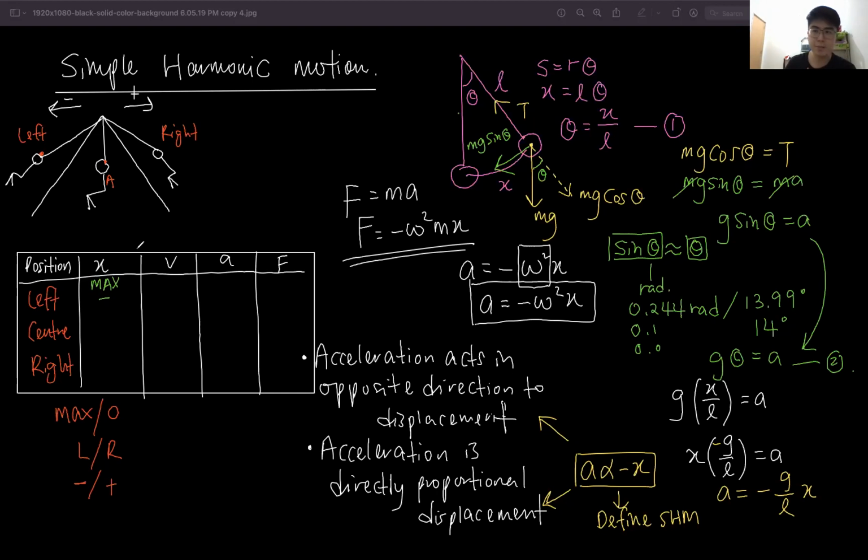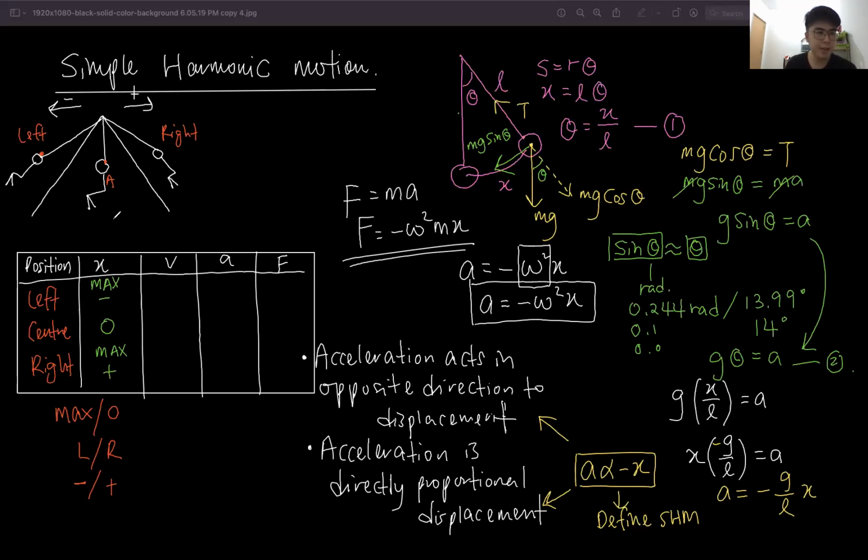Okay, let's look at the answers. Position at center, displacement is 0. Position at right, displacement is again maximum, but is positive. Velocity,